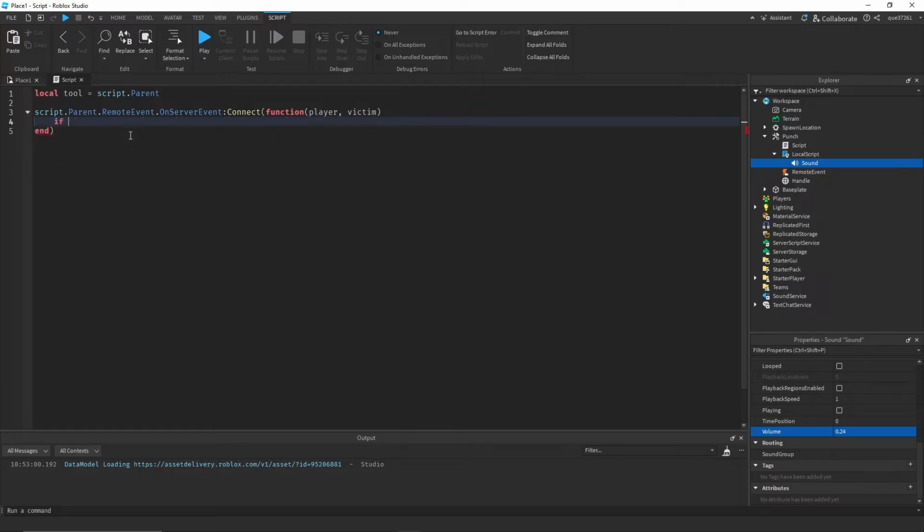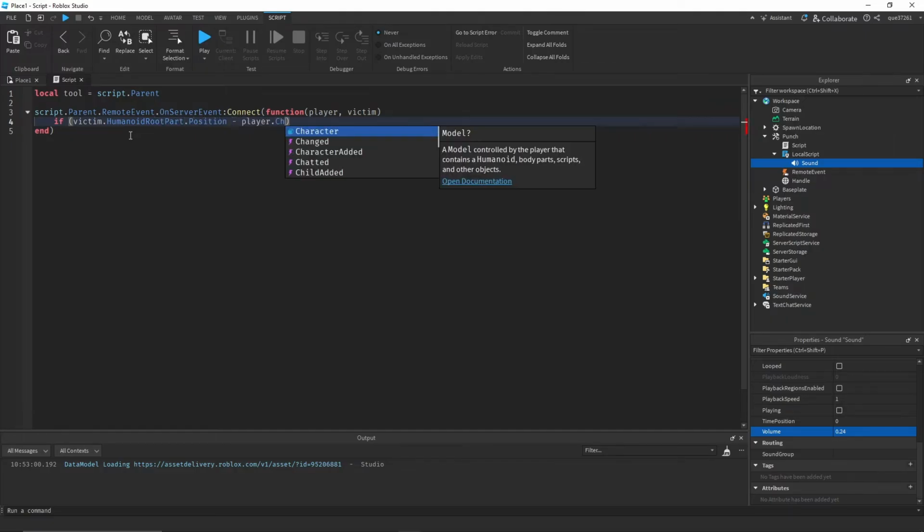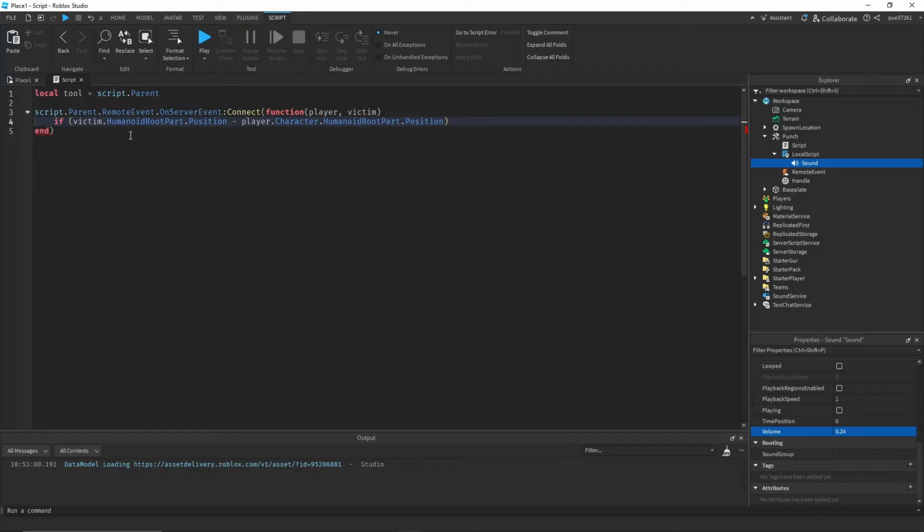So we'll say if (victim.HumanoidRootPart.Position - player.Character.HumanoidRootPart.Position).Magnitude is less than or equal to 4, and not player.Character:FindFirstChild